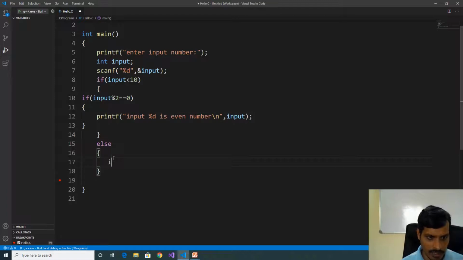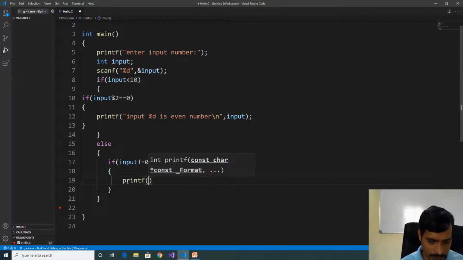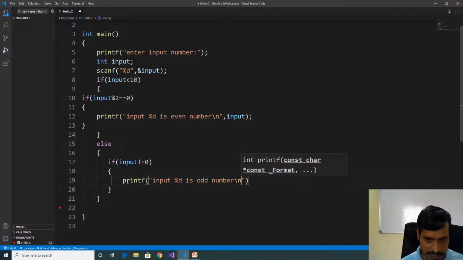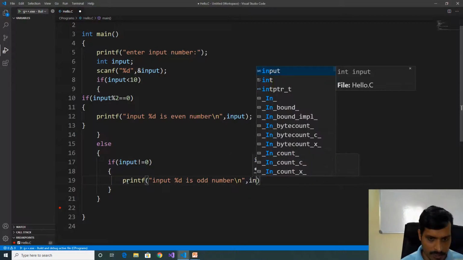Here if input not equal to 0, printf input percentage d is odd number slash n, comma, input.